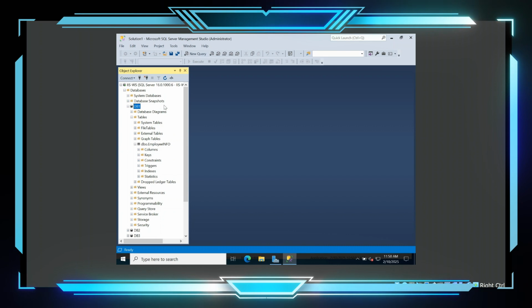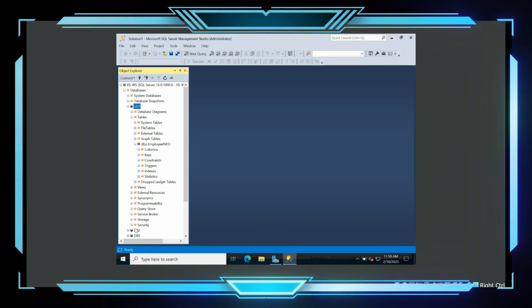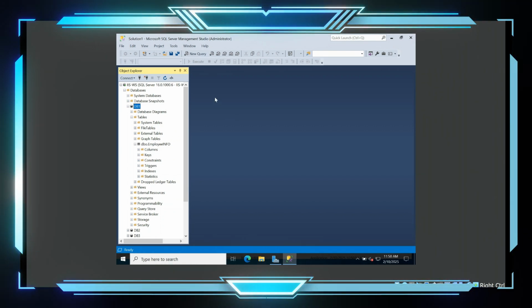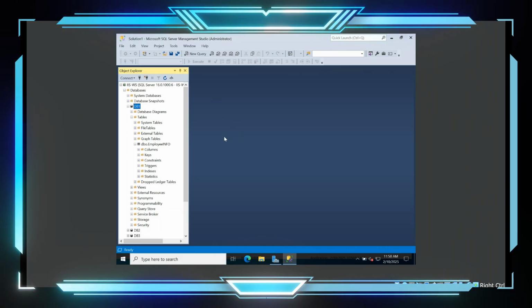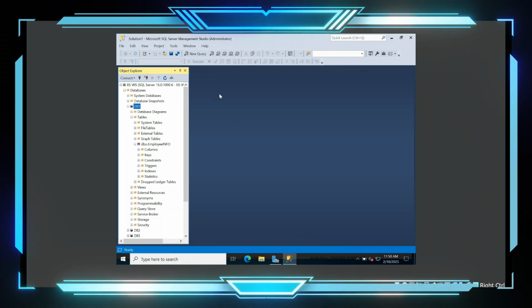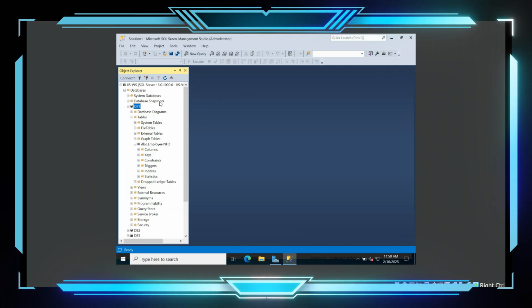So I have a couple of databases. I have DB1, DB2, DB3. This is sitting in my data center. I've enrolled this to Azure Arc through the connected machine agent. And once you do that,